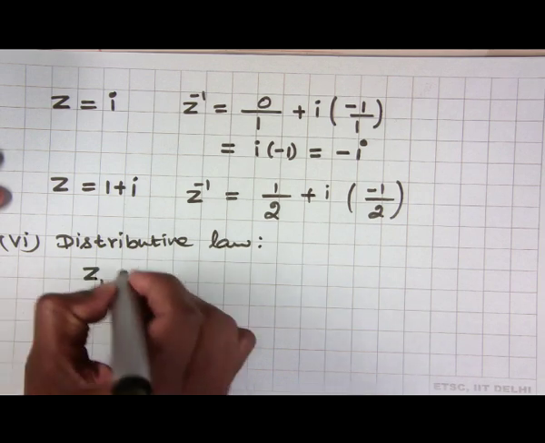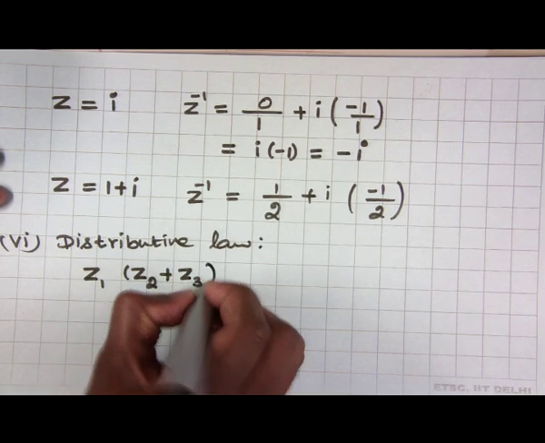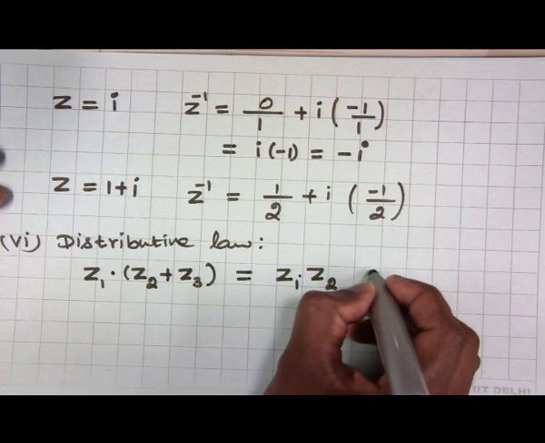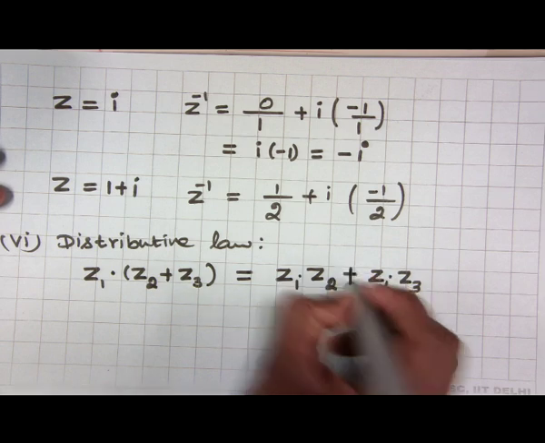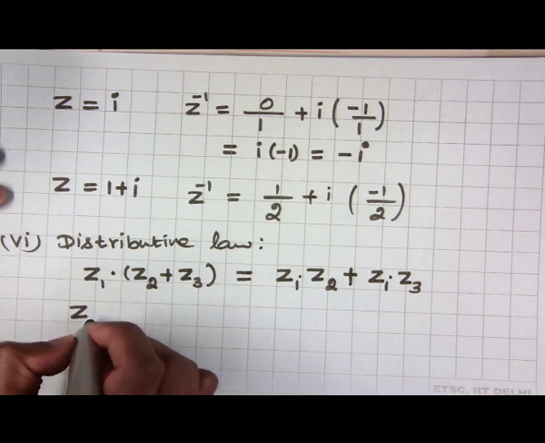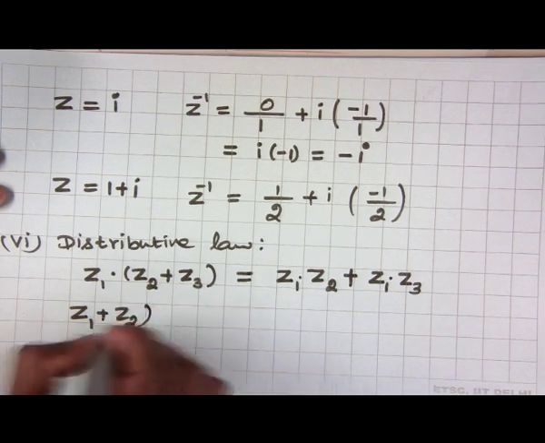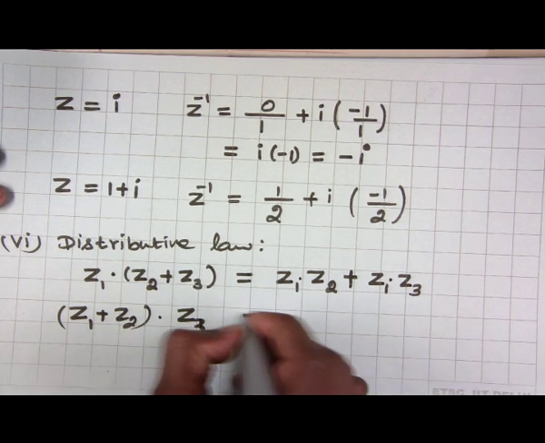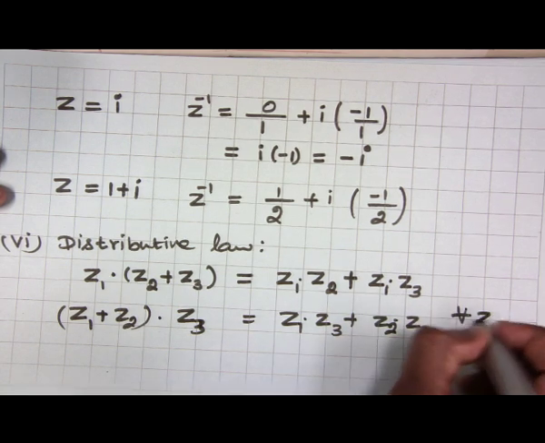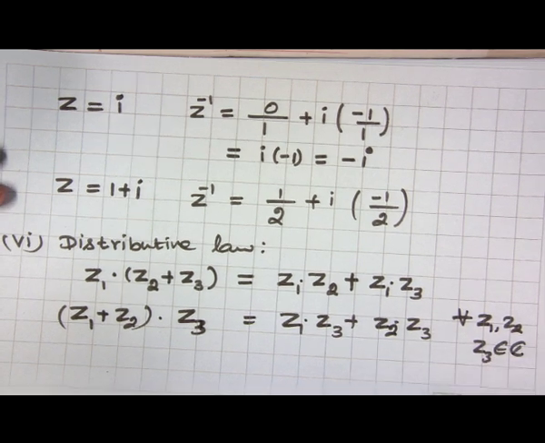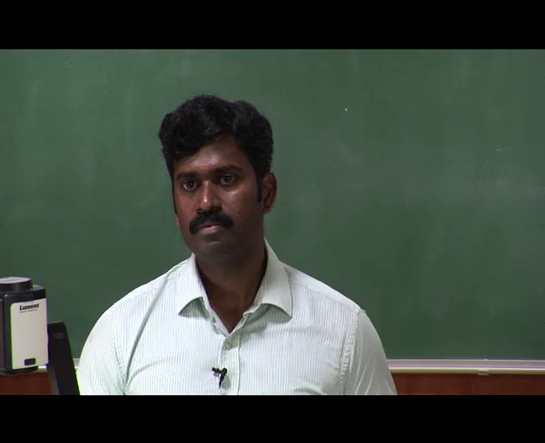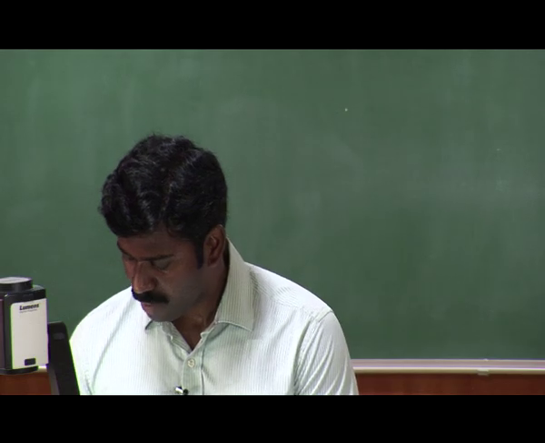So, first add the complex numbers Z2, Z3, then multiply by Z1, which is the same as first multiplying Z1 to Z2 and then Z1 into Z3, then summing these two complex numbers; both are equal. And similarly, Z1 plus Z2 times Z3 equals Z1 Z3 plus Z2 Z3, for every Z1, Z2, Z3 in the complex numbers. So, we can verify for given 3 complex numbers that the multiplication and the addition are compatible in this particular